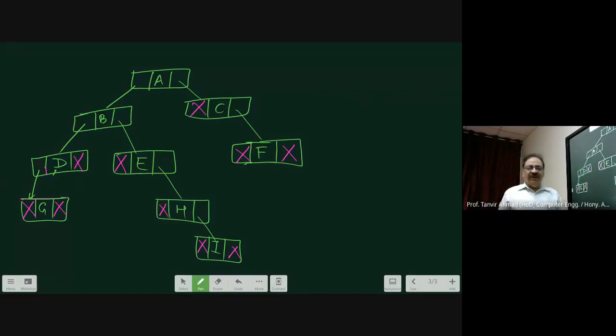Okay. Now where I put those pink crosses, those are basically null pointers. Now where I am having those lines, they contain the addresses.